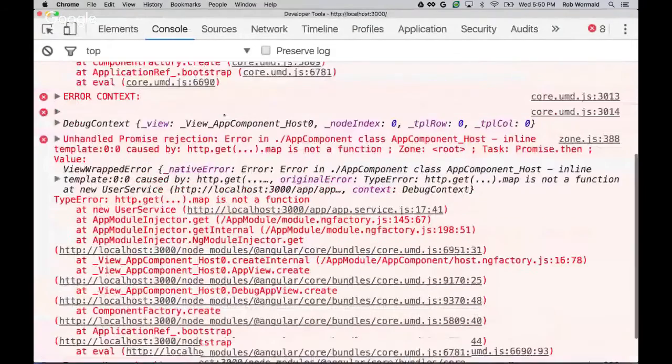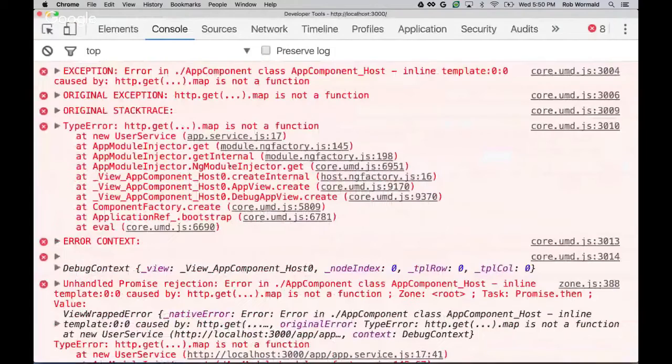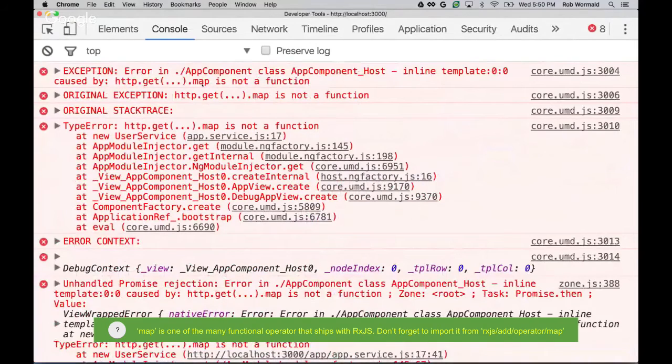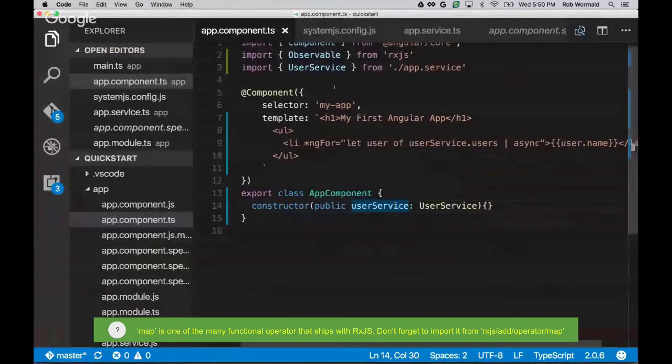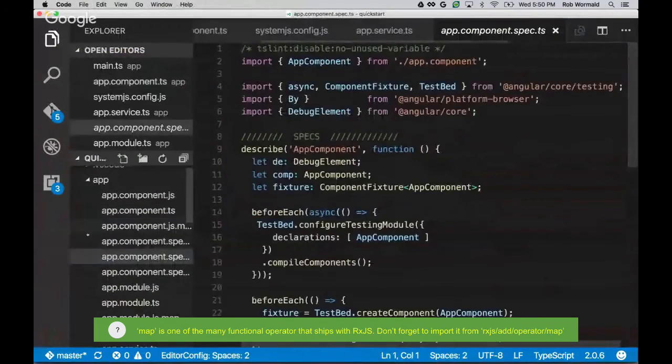Oh, big, huge error. Okay, so this is good, because pretty much everybody who's worked with Angular 2 runs into this error at some point. So this is the map. It's not a function, but we have an imported map, I think, right? Exactly. That's right. So I'm going to go back over to my